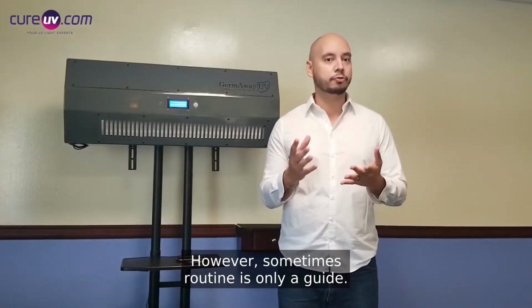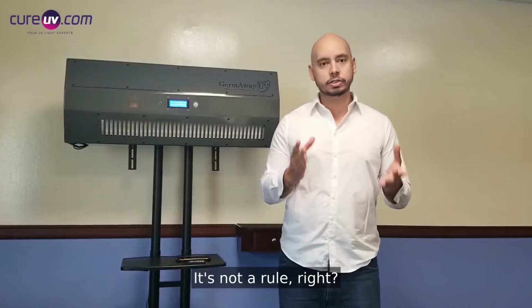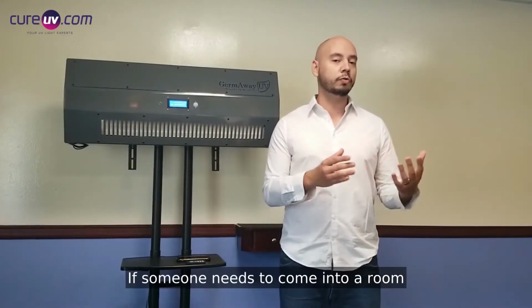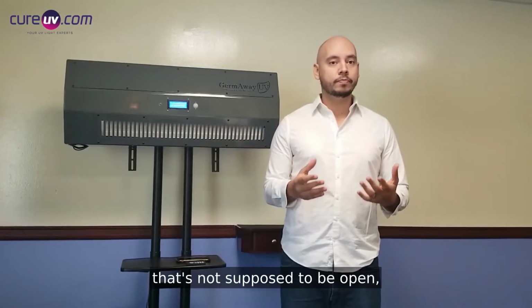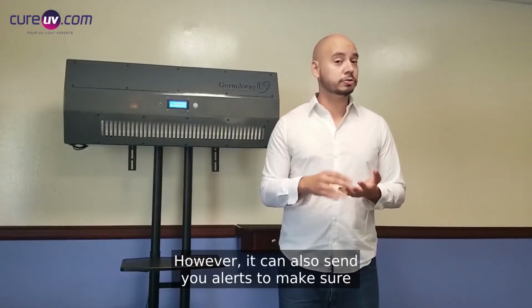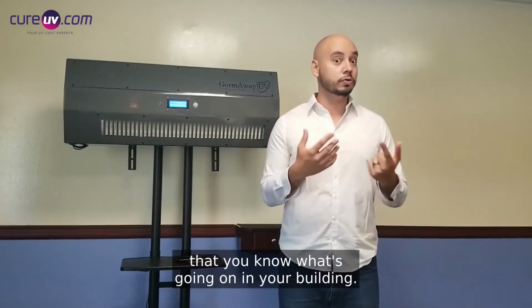However, sometimes routine is only a guide, it's not a rule, right? So it has an automated function. If someone is to come into a room that's not supposed to be open, it'll still turn on and absolutely clean that room. However, it can also send you alerts to make sure that you know what's going on in